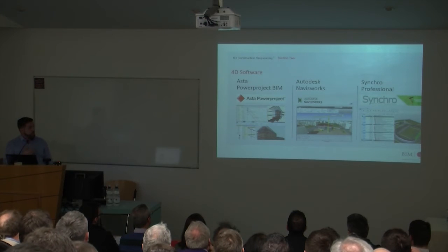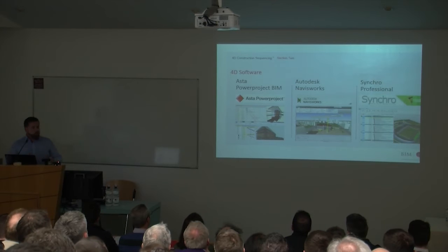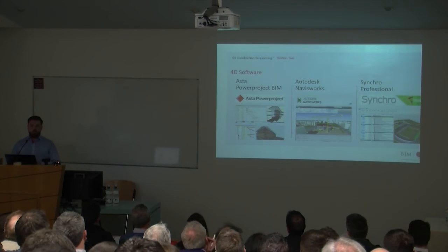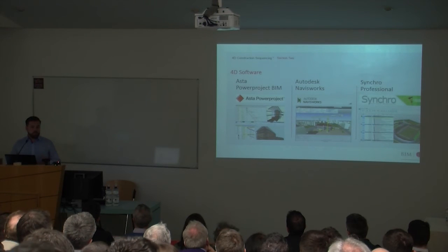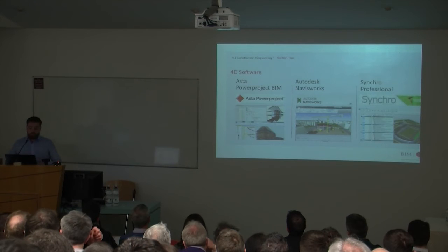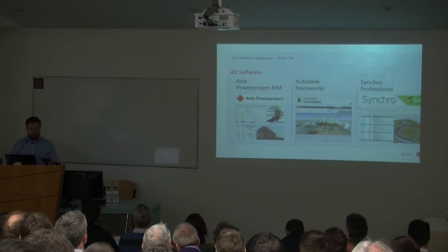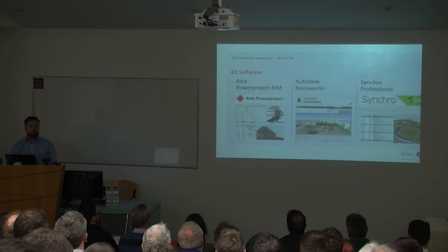I suppose in terms of the software, if you were planning on first time trying to develop a construction sequence or trying to get yourself involved in it, Navisworks is probably the best tool to get started with. But if you're really taking this that you wanted to develop it going forward and you wanted to update it, Synchro will probably be the one of choice, and it probably seems to be the package that is at the forefront